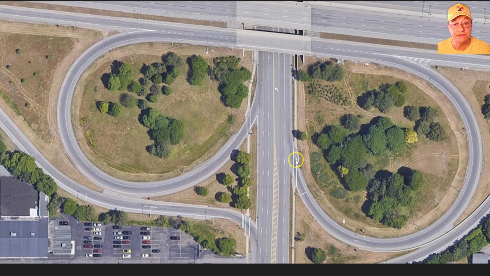So now the two separate videos would be, if we have a look at this side, we also have another ramp, an on-ramp. And so we're looking at traffic merging from the on-ramp into the main lane. And then a separate video where we've got traffic merging from the main lane into the on-ramp.